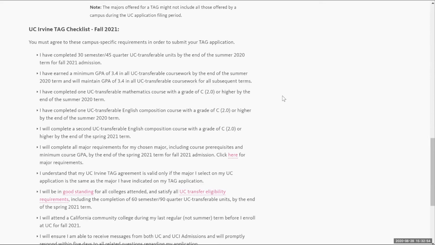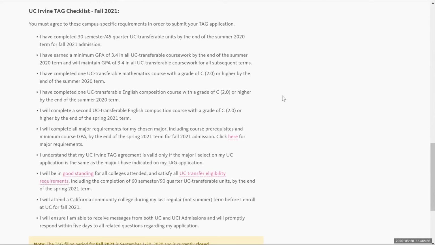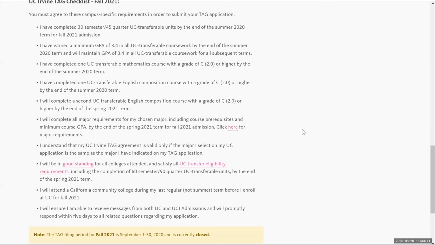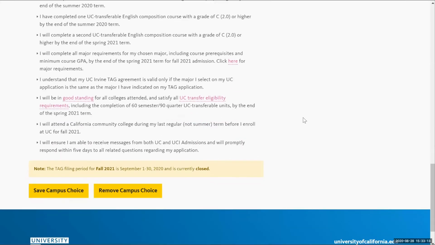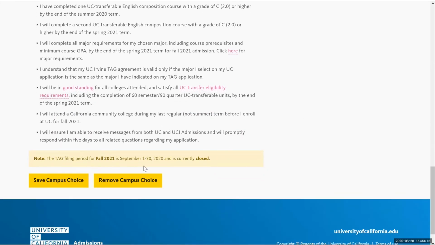So definitely feel free to review these, and you can always speak to one of the staff members at the Transfer Center. We can help you review this. And as well, of course, a counselor will be able to help you in reviewing these various checkpoints in your TAG application. So as you can see, the TAG filing period for fall 2021 is September 1st to September 30th,